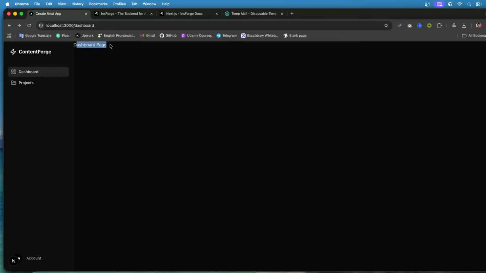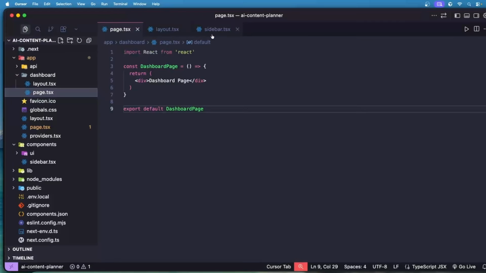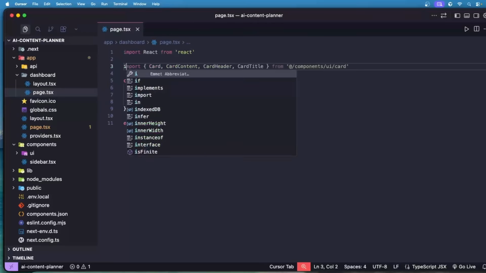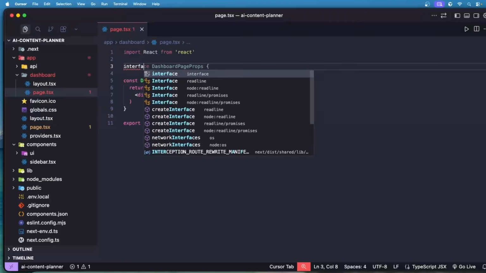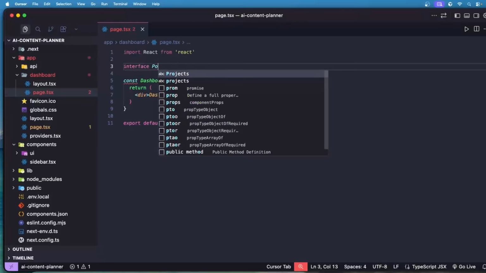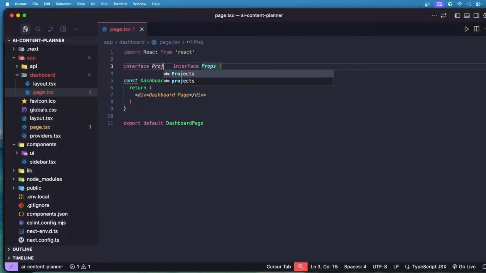We will need to design our dashboard page. So to do that, let me close all of this stuff, and inside this dashboard we'll have page.tsx. We need to design this page. Okay, so at the beginning, let me create an interface. This interface is for actually project. We'll have different types of projects,